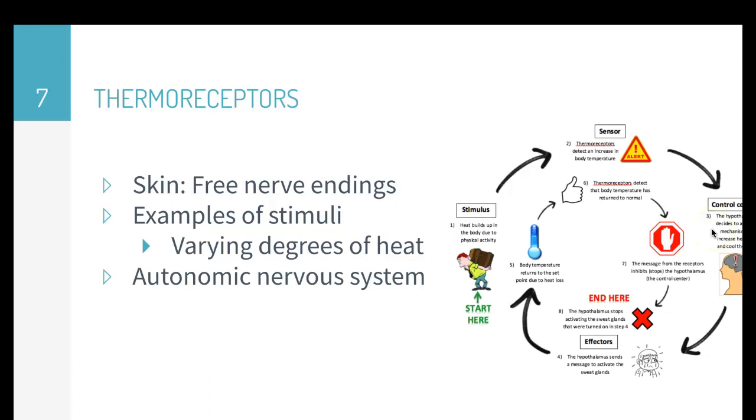And an example of this would be sweating. Sweating causes our body to cool down. And keep in mind that this is an involuntary action. Then the body gets back to a set point, and thermoreceptors tell the hypothalamus to stop the work of sweat